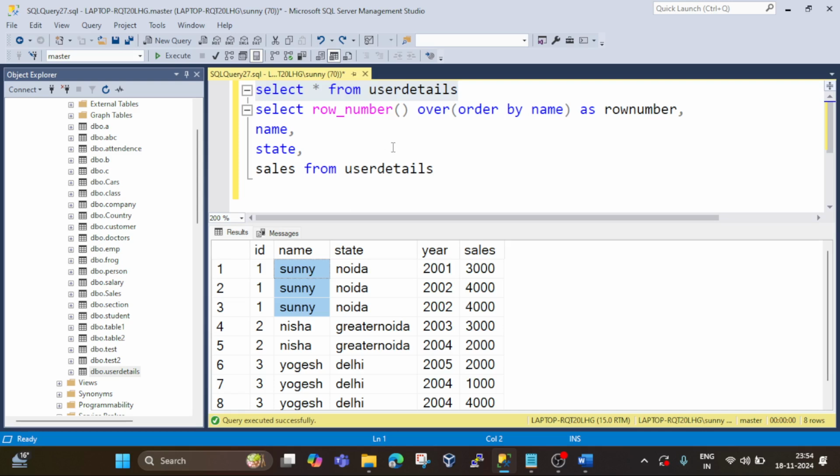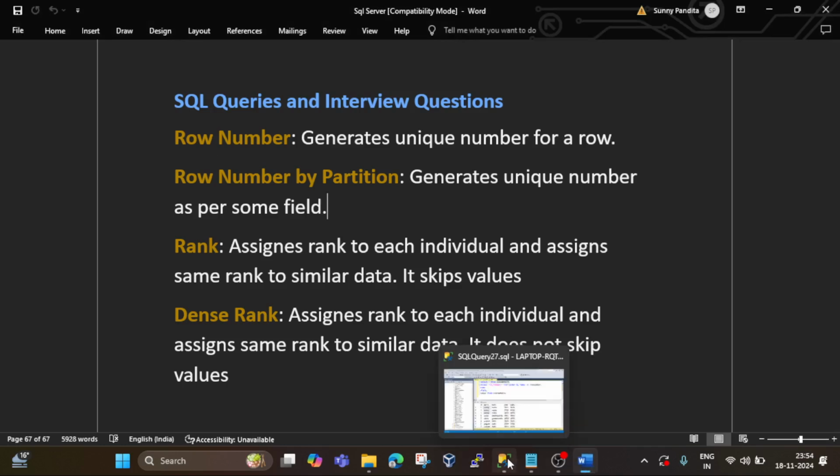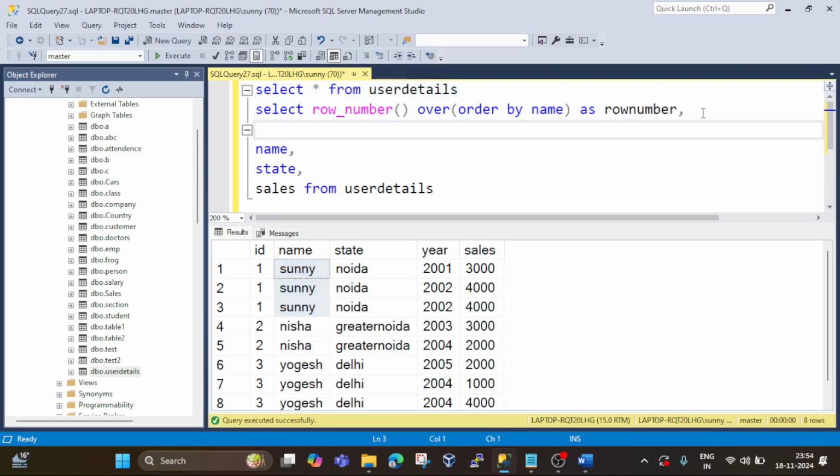So let's do this and see how we can achieve it. We can achieve this with row number by partition. So let's understand the syntax here. It will be the same as before: select row number again,